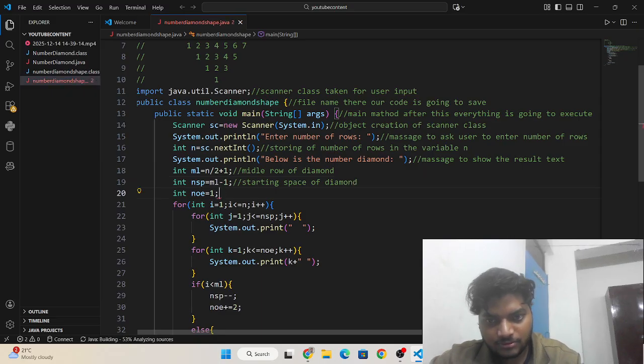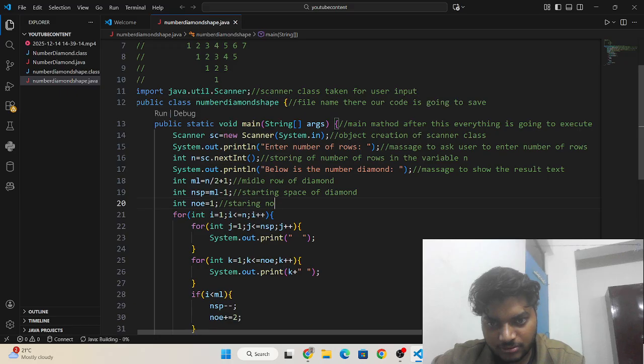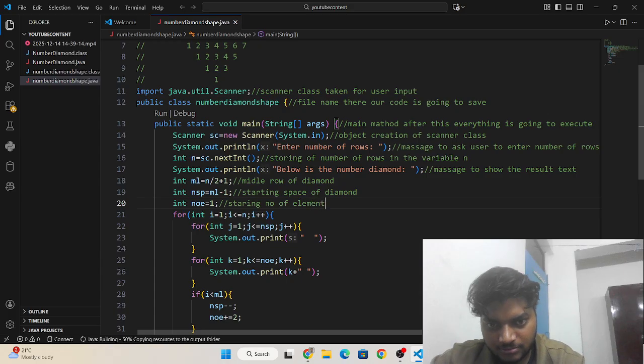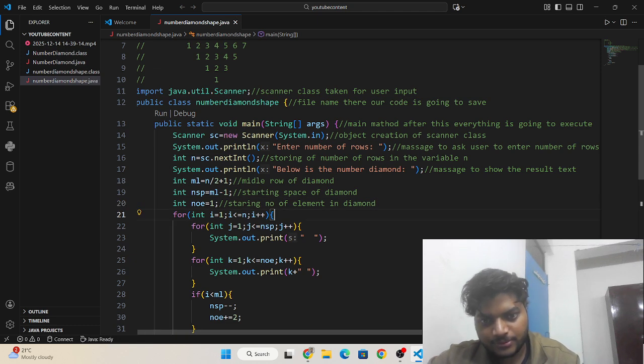This is the starting number of elements in the diamond. This is the number of rows.